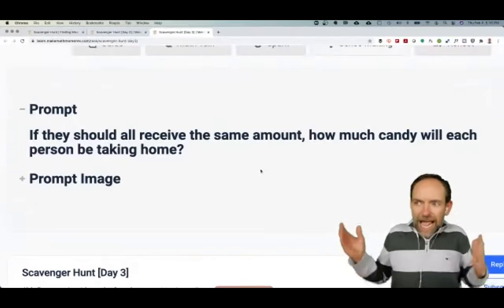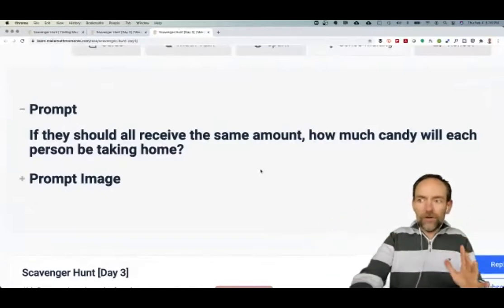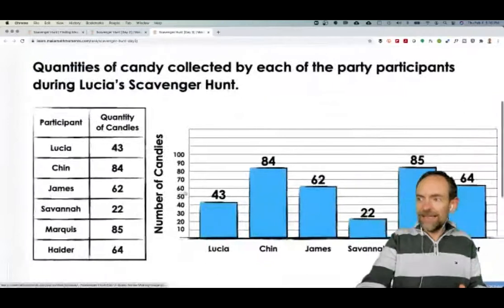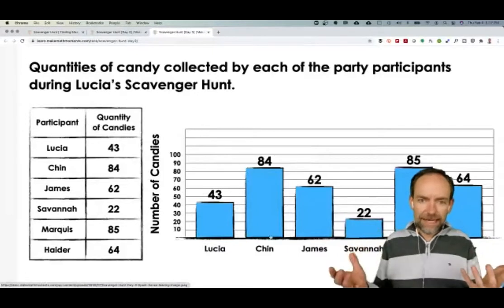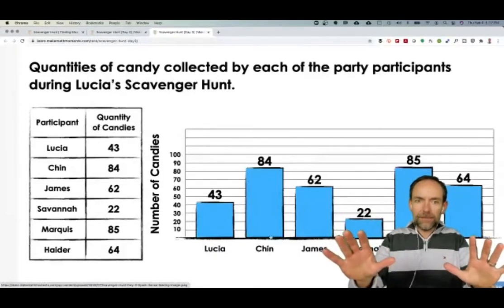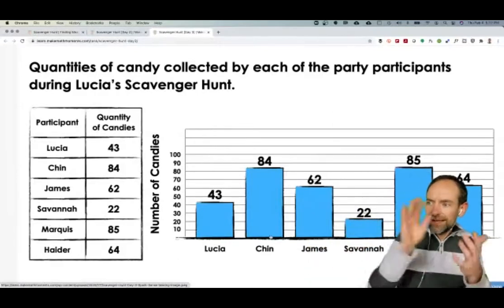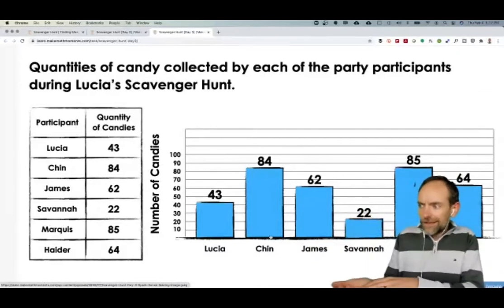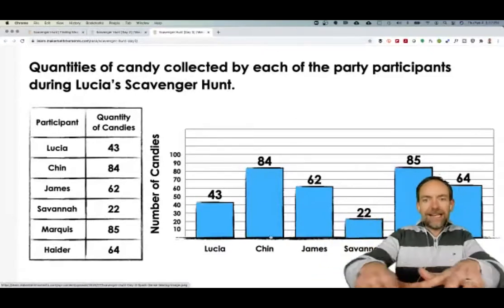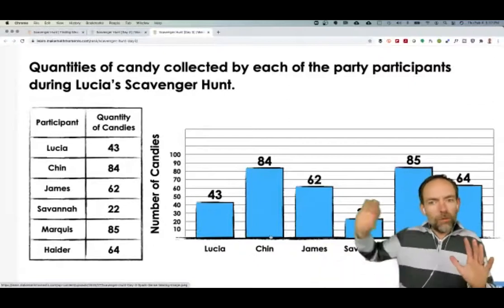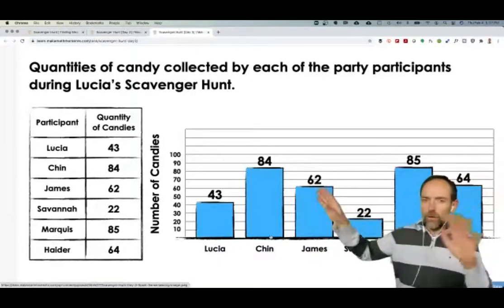So we ask them, how are we going to ensure that everyone gets the same amount? All the candy we had, this is all the candy that we have, how are we going to help them redistribute this candy? And I'm going to pose that question to you because I'm curious, what would you do if you were a student and you're like, well, Lucia has 43, Chin has 84, Savannah only has 22. And before we leave the party, we want to make sure that everybody has the same amount, but this is all the candy we have. There's no more hiding in the house, and the parents aren't going to give them any, the dad and the mom already ate theirs.